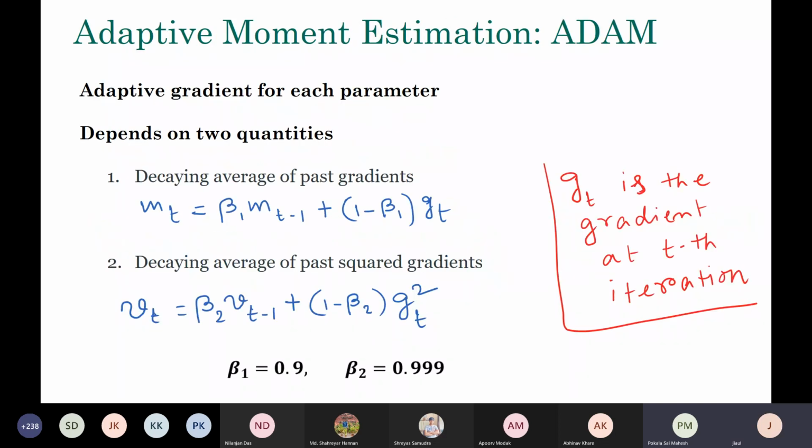Repeat your question again. So say beta 1 and beta 2 remain the same. They remain the same throughout your algorithm. It is not changing. Okay. Yes, sir, I got it. But let's say what I am saying is, if we are substituting MT minus 1 in terms of MT minus 2, then that is what I am asking. Then there will be beta 1 square MT minus 2 plus beta 1 into 1 minus beta 1 GT minus 1.